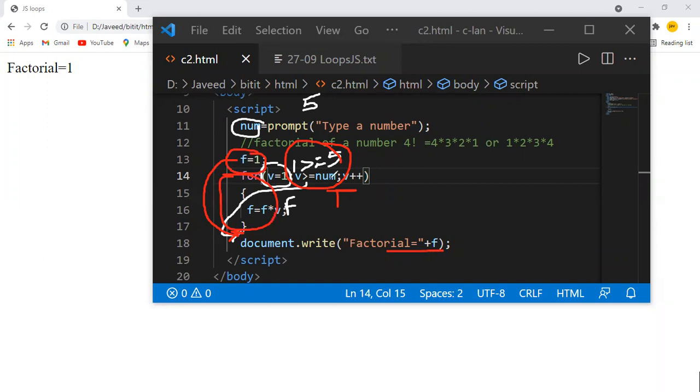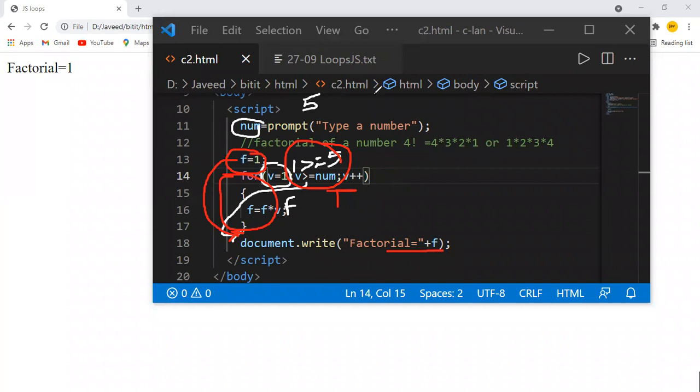Depending upon our requirement, we'll be changing our conditions. We need to analyze the condition: is the condition going to be true or false? Generally, when you are going from a smaller value to a bigger value, you write it one way, and a minus value can be taken when you are going from a bigger value to a smaller value. Like that we can write it and get the things done.